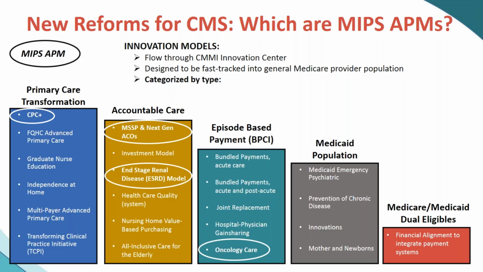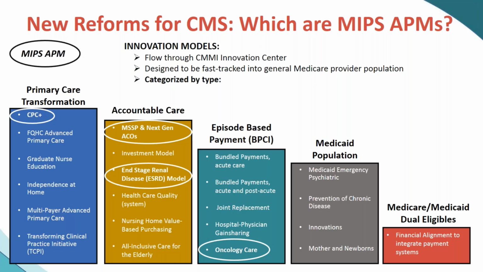Just keep in mind these alternative payment models all flow from the CMS Innovation Center, which may be earmarked for some heavy changes under the new administration. And really the goal there is they're putting together test programs. They fast track these programs through to see if they can try something that will make an easily demonstrated improvement to care while reducing costs. So those that we have circled are considered a MIPS APM. And depending on their situation, they may also be an advanced APM, but they are at least a MIPS APM.